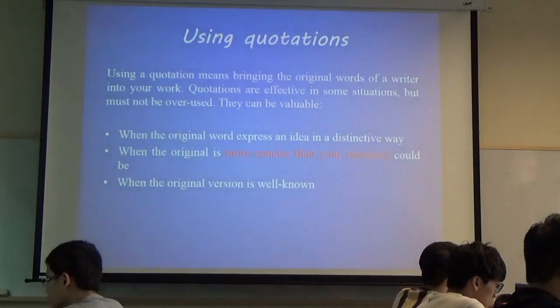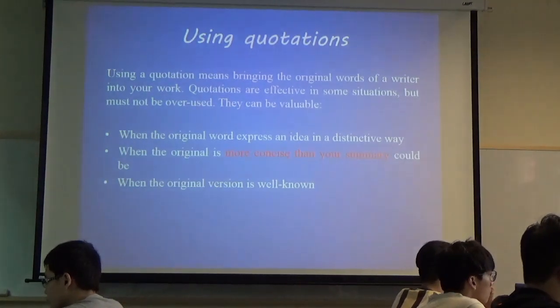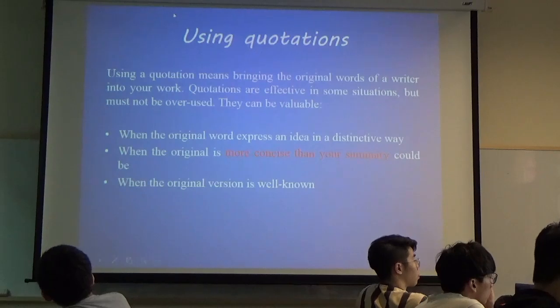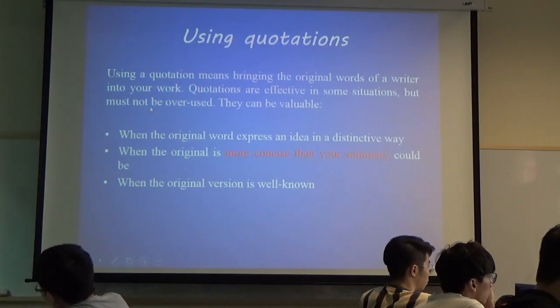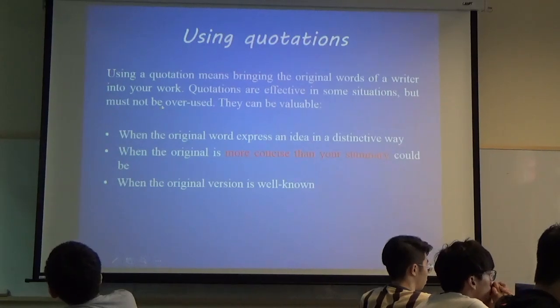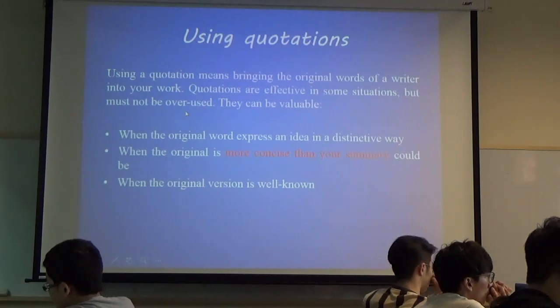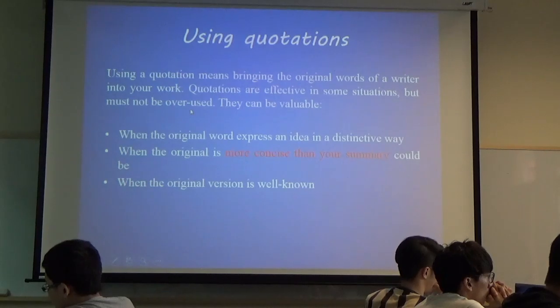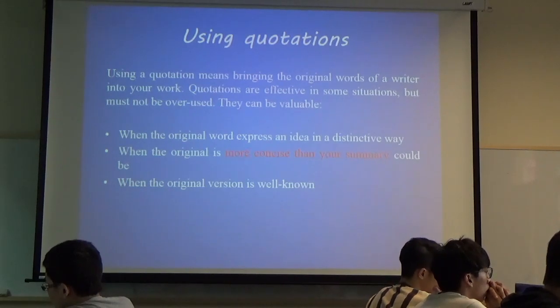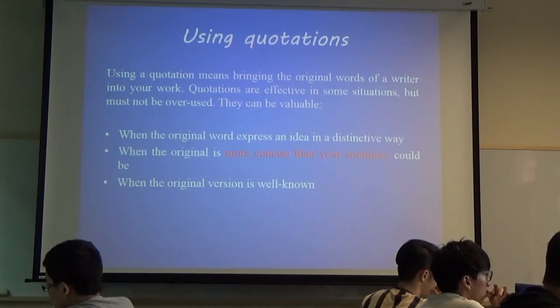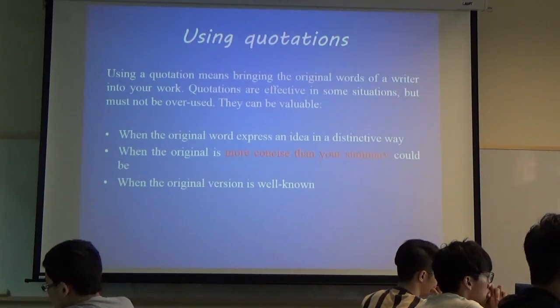Using quotations brings the original words of writing into your work, and it's effective. But the most important thing of all, please look at line 3: it must not be overused. You cannot quote from others from the beginning to the end of your paper, right? So when do we need to use quotation? I think there are 3 reasons, but the second reason is the most important of all. When the original is more concise than your summary. That means when the original is written better than you could write it,